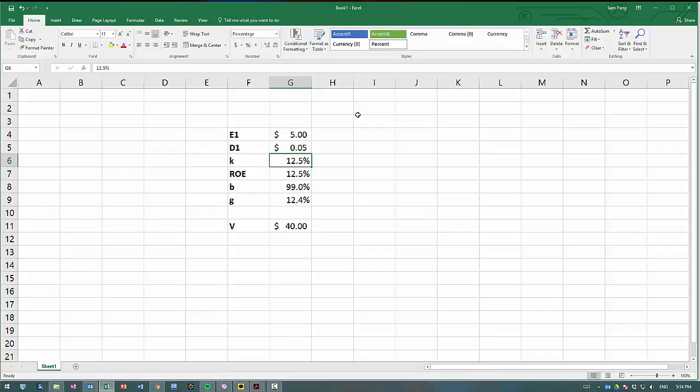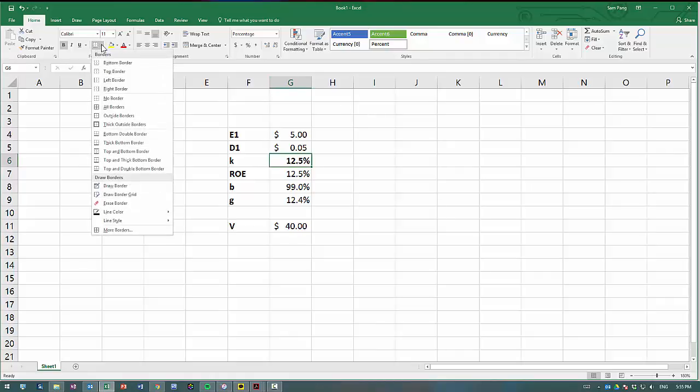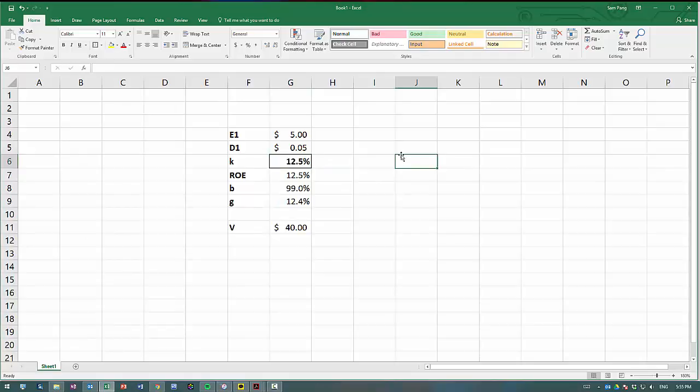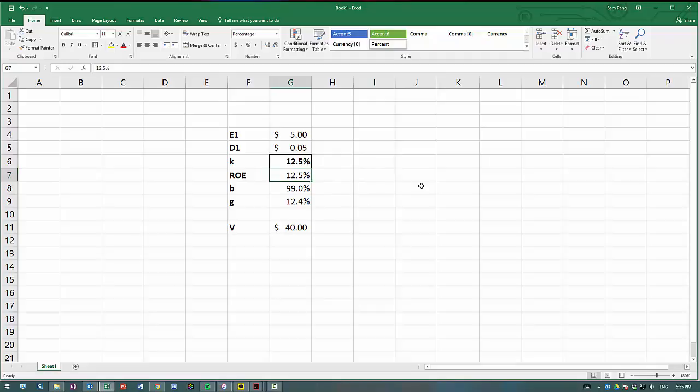Okay, so as long as your return on equity is exactly the same as what investors would generally require, which is the number they use as the discount rate, which I'm now putting in bold with a border around it, as long as that is the case, the price wouldn't change. Now, the moment your return on equity drops below, let's say it's 10%, okay, now if